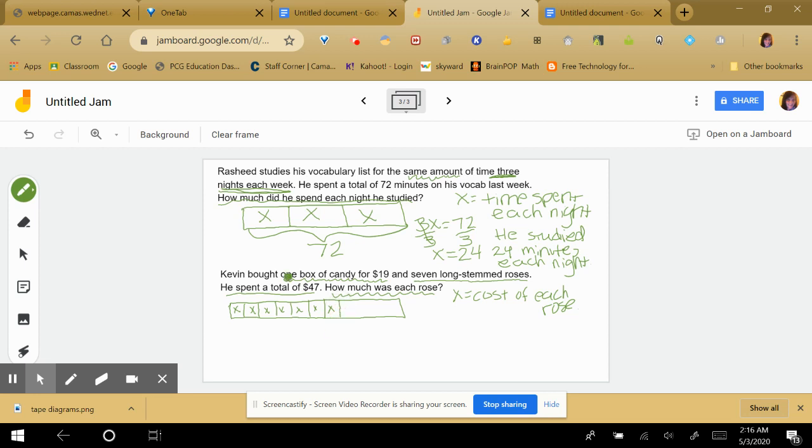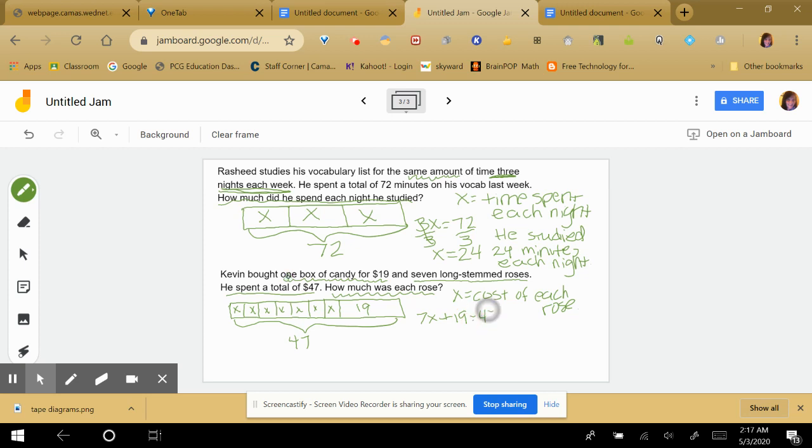So I have 7 x's because I have 7 roses and I don't know how much they cost, but I do know that there's $19 there. And I know that all together it's 47. So let's write that equation. 1, 2, 3, 4, 5, 6, 7 x's. 7x plus 19